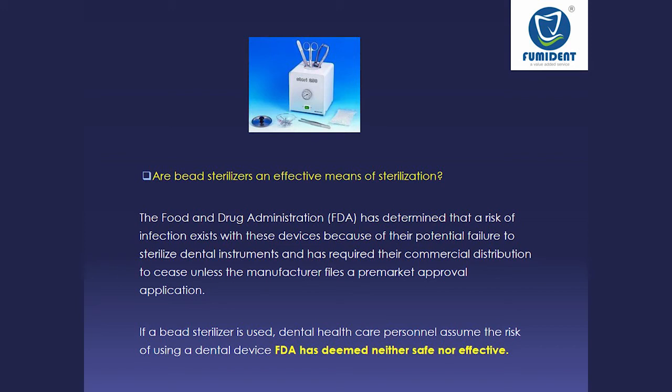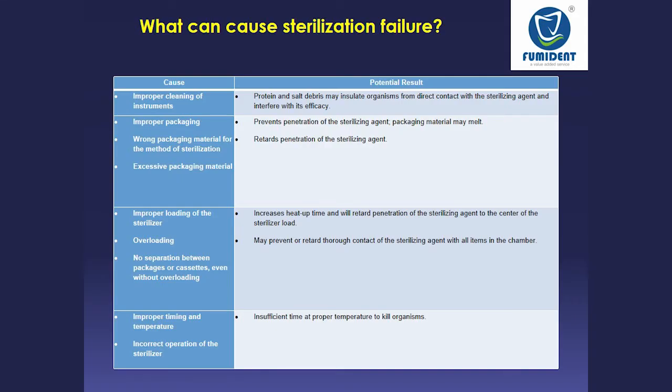So the next section is, what can be the causes of sterilization failure? The first one is improper cleaning of the instrument. As I have told previously, if any debris or blood stain remains on the instrument, it will resist steam penetration up to that particular area. Even in our student life, we used to keep some indicator on our instrument so that we could properly judge it. If dental students are watching this video, please don't keep any kind of such indicator on the instrument, otherwise it will hinder the complete sterilization procedure.